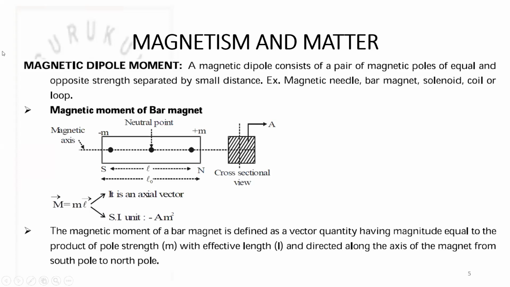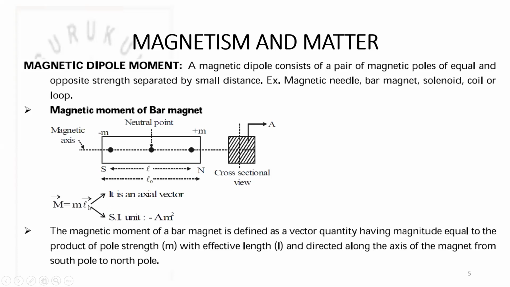And here, the magnetic moment of a bar magnet: suppose it has pole strengths minus m and plus m. Generally the south pole is associated with minus m pole strength, and the north pole with plus m pole strength. It is associated with a magnetic dipole moment, which is the product of magnetic pole strength and effective length of the magnet. Effective length of the magnet is the length between the south pole and north pole of the bar magnet. In general, the south pole and north pole lie slightly within the surface, hence the length of the bar magnet and the effective length of the bar magnet are slightly different.